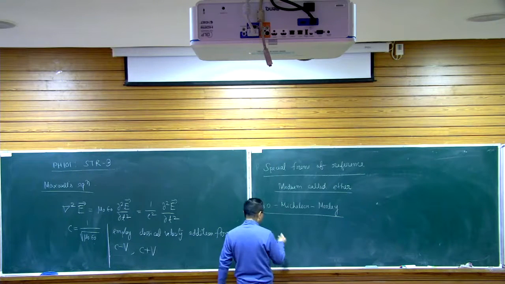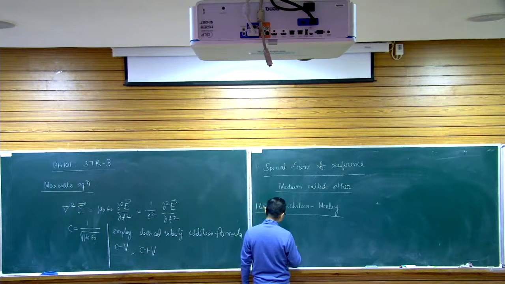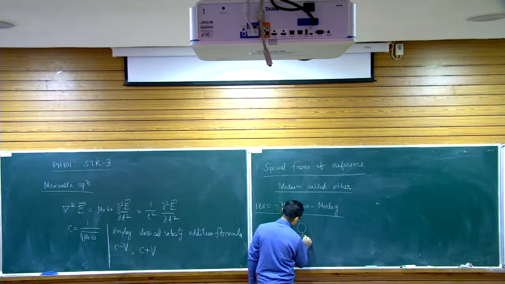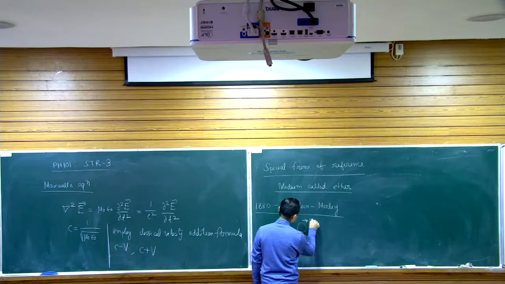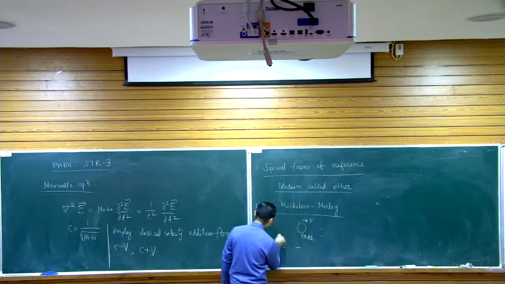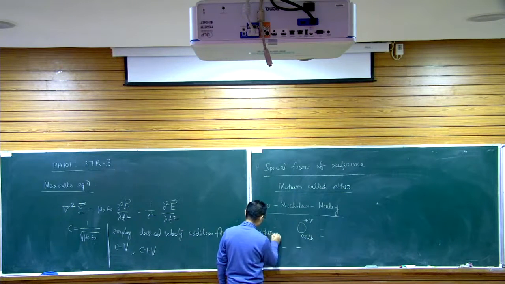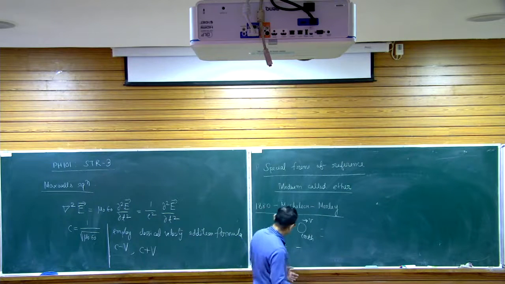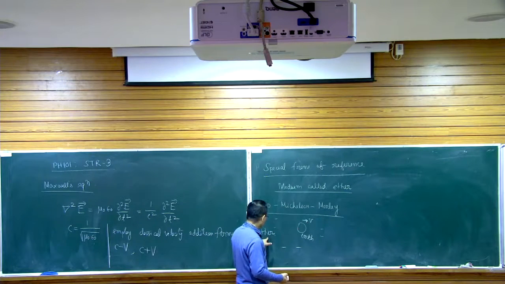So what they did, they considered that Earth is a moving frame. So let's say this is our Earth, and Earth is moving, let us assume with a velocity v, and our Earth is moving in the medium ether. So if you have to consider the speed of light as c, then you have to make measurement with respect to the ether frame. So with respect to the ether frame, light will be traveling with the speed c. In the other medium, light will be traveling with a different speed.